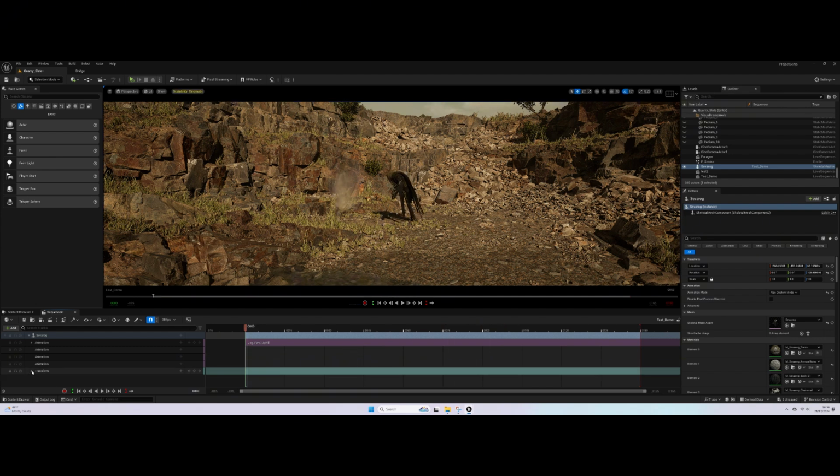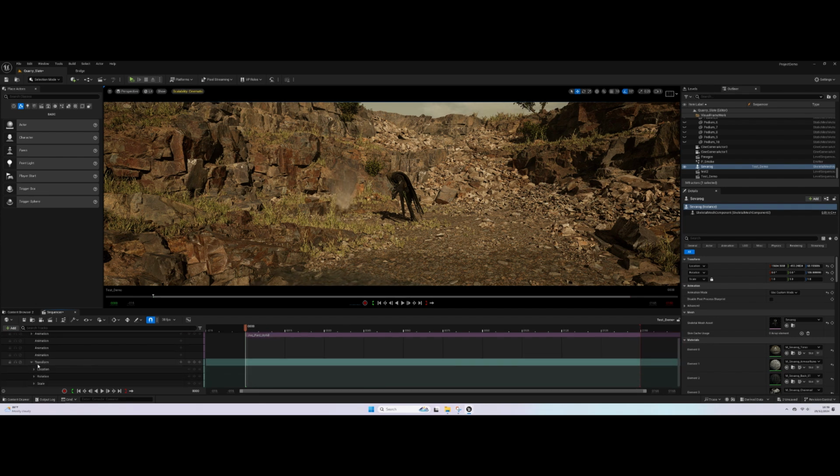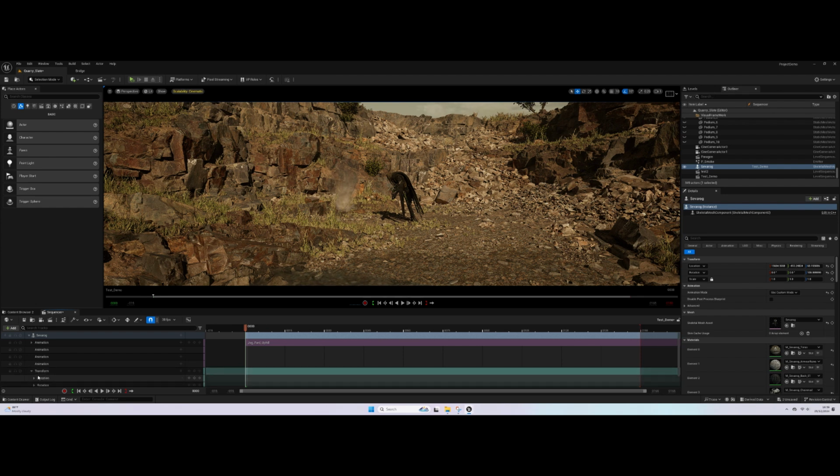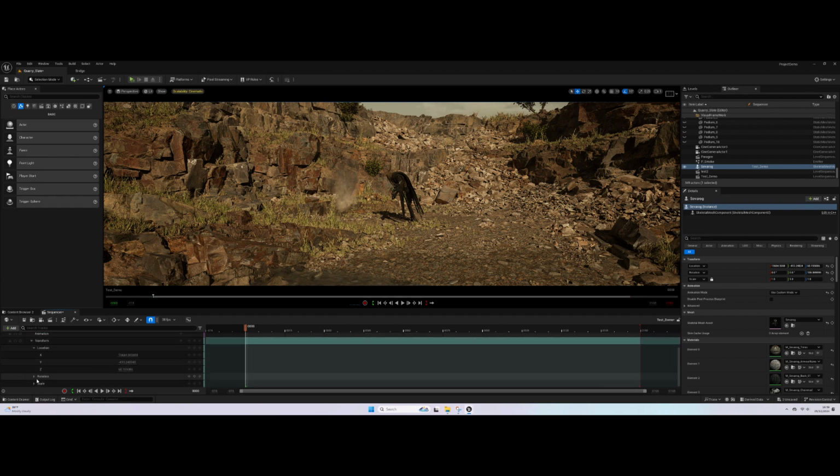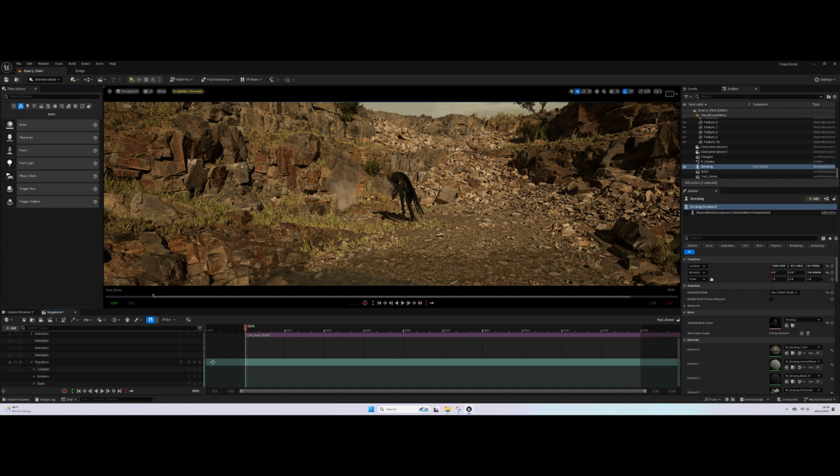So I'm just going to add the first point to the next point of the character. If you see here, there is a transform section. If we click the transform, you will see that you can adjust the location, the rotation, or even the scale. I'm not going to play around with the rotation and the scale, but I'm going to add some location for the first point and then the second point. First we click the transform key here and you will see there will be red dots. We already gave the character the starting point,